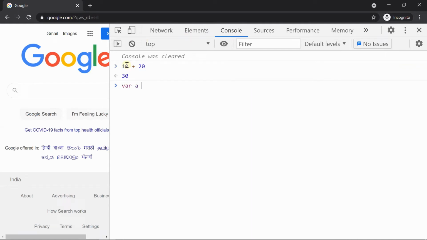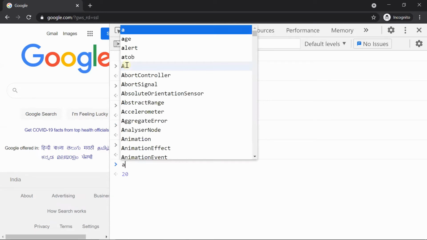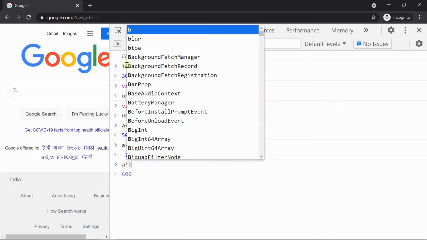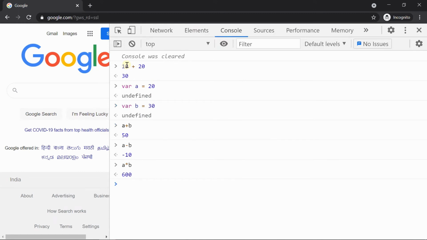We can also give a equal to 20, where b equal to 30, and a plus b is 50, and similarly we have a minus b, which is obviously minus 10, and multiplication a into b, 600, which is 20 into 30, isn't it?